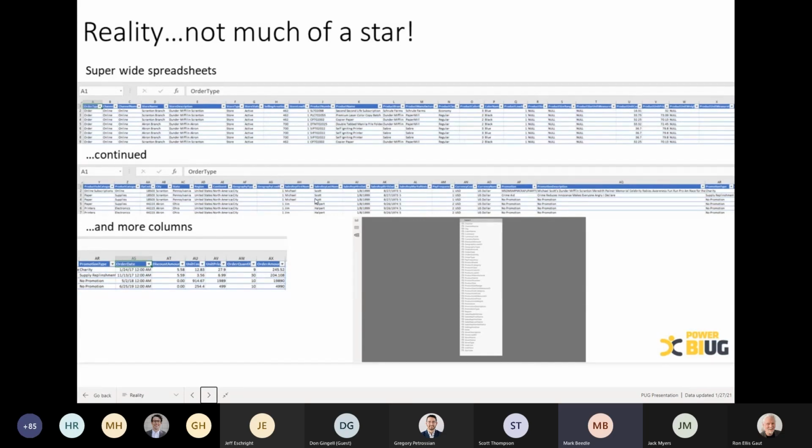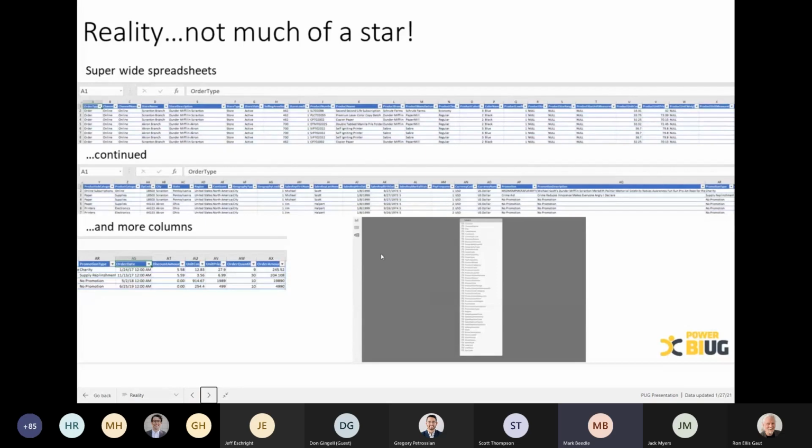And I don't blame people, right? With a normal pivot table, you had to do all those VLOOKUPs so that you had it in one table to pivot on. So it's about getting out of those old habits from the Excel days to how do we build a star schema. That's my goal for today: how do we get from this to a star schema, right?